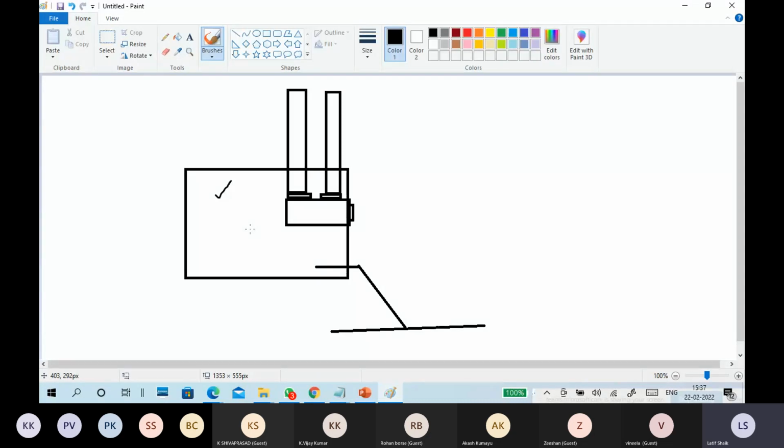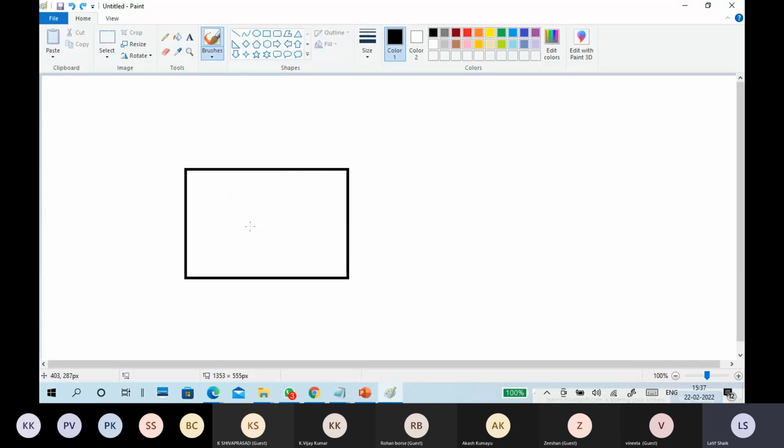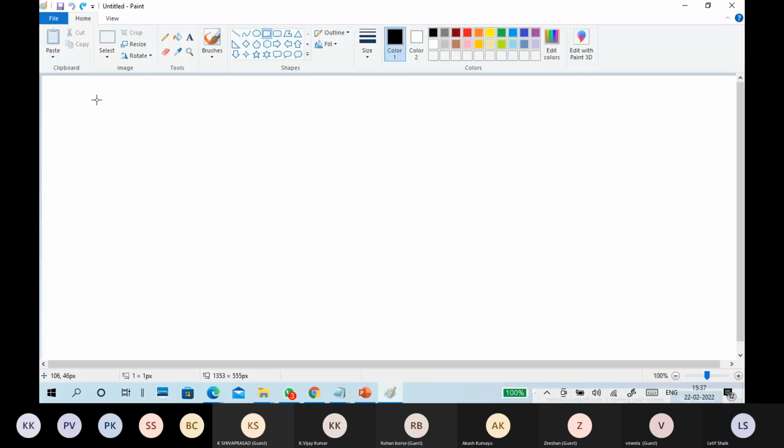So what is this iSCSI? iSCSI is like a NAS type of thing, or a SAN type of thing. Using iSCSI, you can achieve block level storage and SAN level storage also. Look at here. This is my storage bay, which contains a disk.